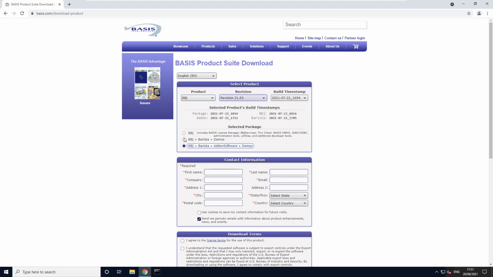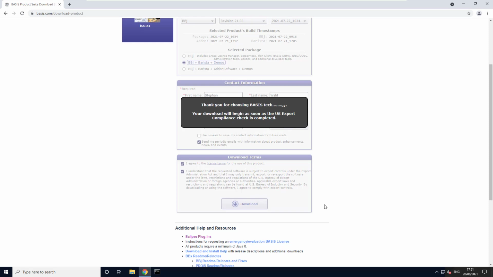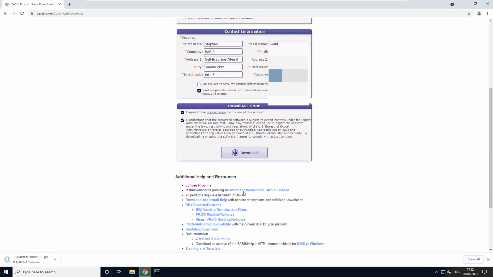And in this case, I'm going with the BBj Barista and Demos choice, and I fill in my data here, and I agree to the license terms and accept the rules and start downloading it. So that's step one. You see the download is coming, and while this download is running, I go to the